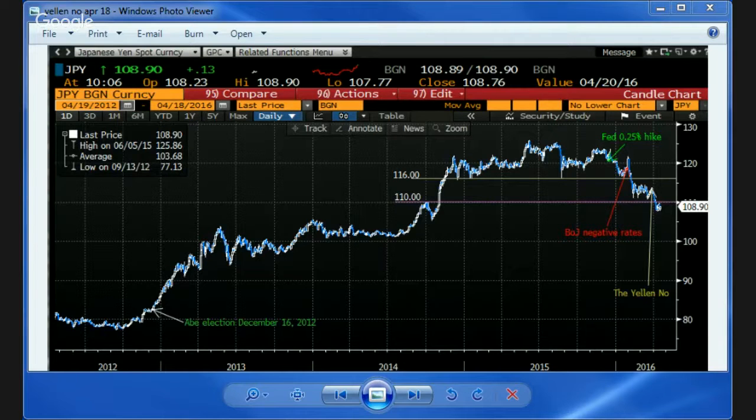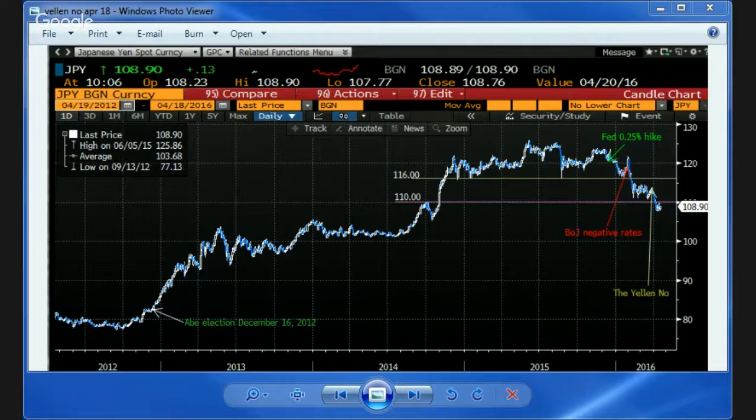Because the more important variable, if you're looking for macro reasons for what the BoJ is doing and what the Fed is doing, is the Fed. The BoJ's imposition of negative rates did have its initial effect. I mean, if you look at that here, you got a spike in the dollar yen, and it's done nothing but come off since then.